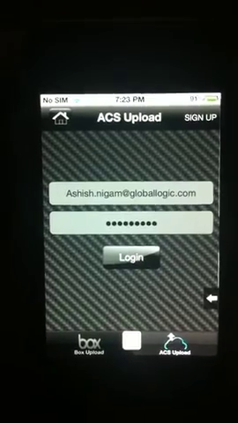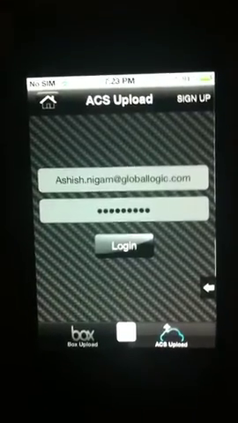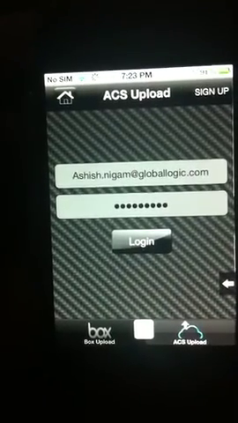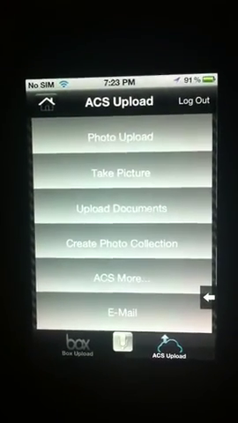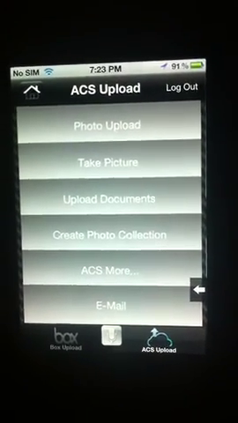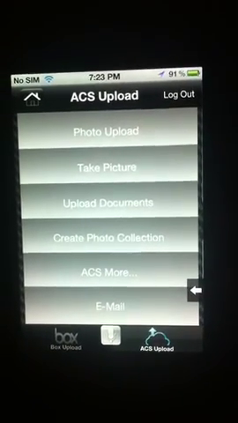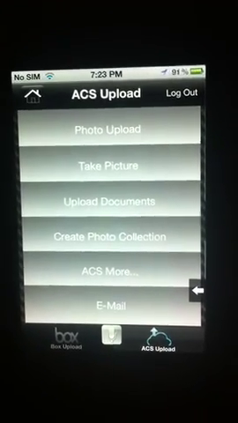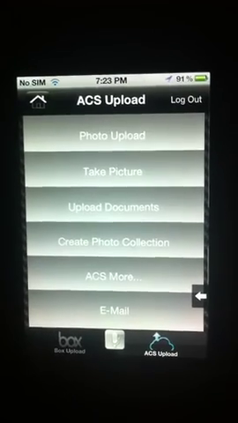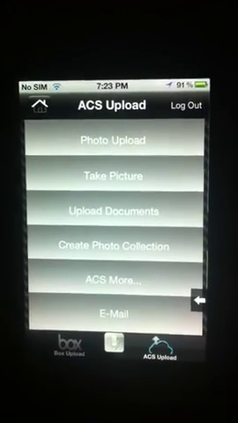So let's continue with Appsulator Cloud Services. As I said, if you have the account, you can directly log in, or you can create a new one if you don't have. As I put my credential and press the login button, I'm just logged in to my Appsulator Cloud account, and now I can share my photos, files, documents in the Appsulator Cloud, the cloud service which I use. Box or Appsulator, we love both, so we presented both. Person will use whatever he likes.